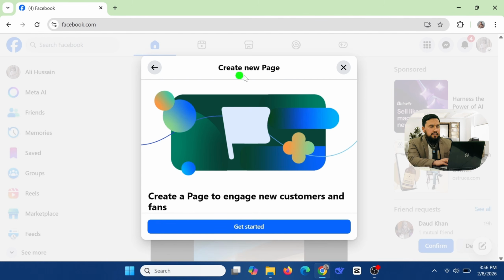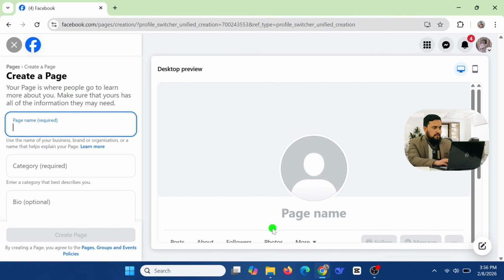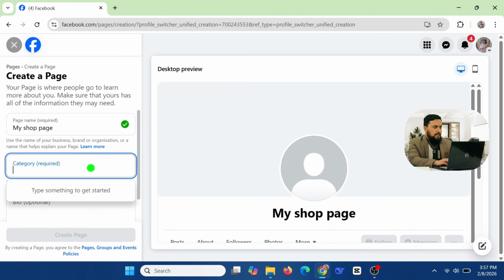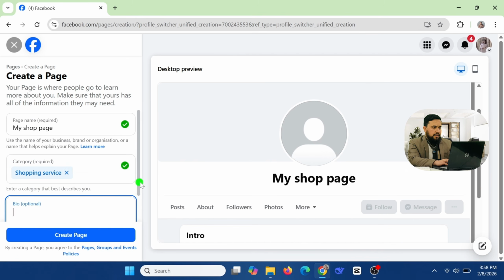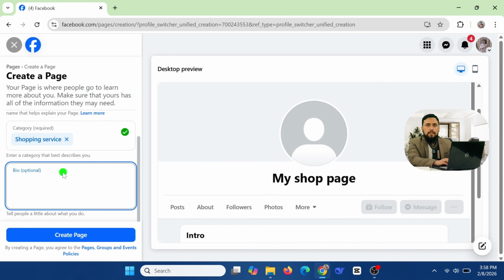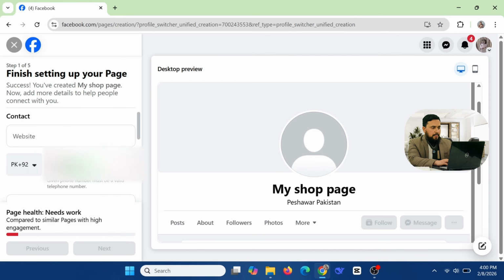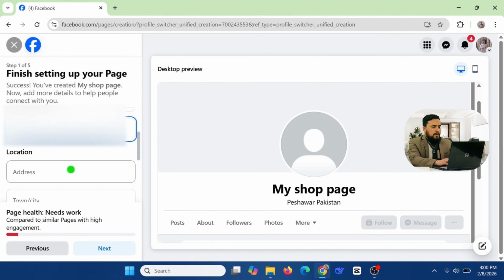I want to create a new page, then click on the Get started button and then write your page name carefully. My page name is My Shop Page, and then select the category from the category option and then write the bio and then click on the Create button and write your contact number and then scroll down and type the email